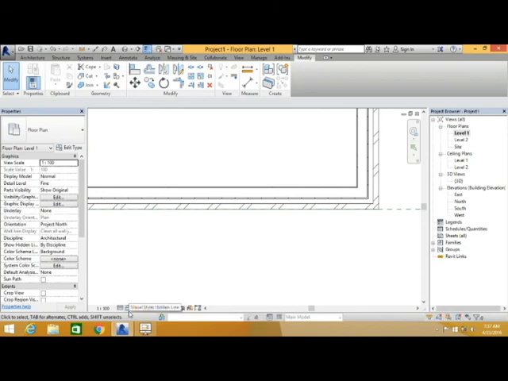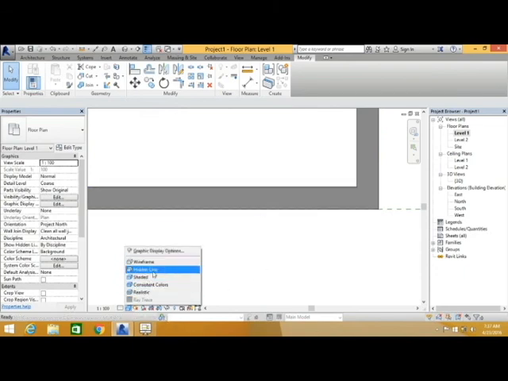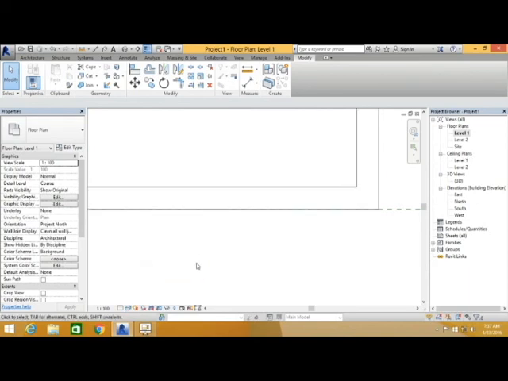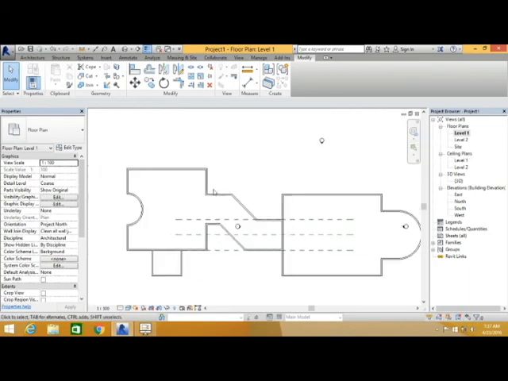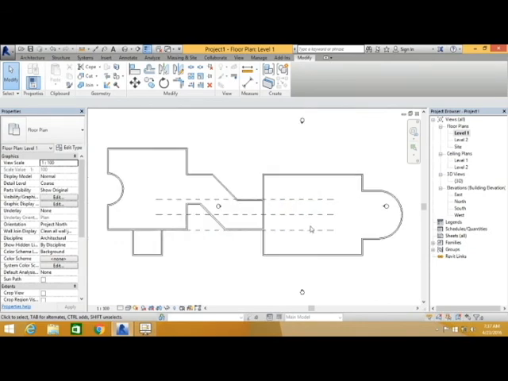Then I will go to the view styles and I select shaded views from here. You can see all the layers we used in that particular wall. So normally we use coarse only in the 2D views. So I click coarse, it comes back. Then you click over here and select hidden lines. So this is the first chapter, or chapter 1. Just try to do this one, then you will go to the next chapter.